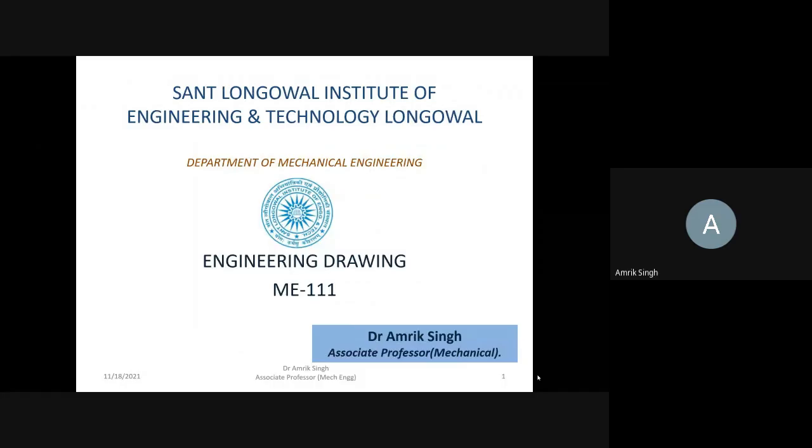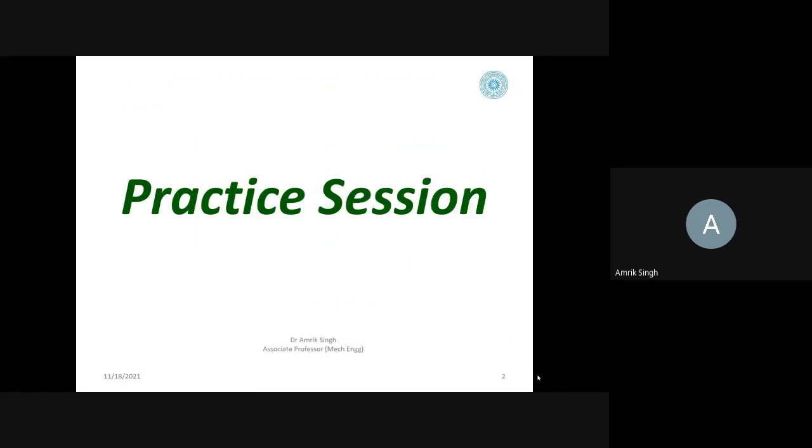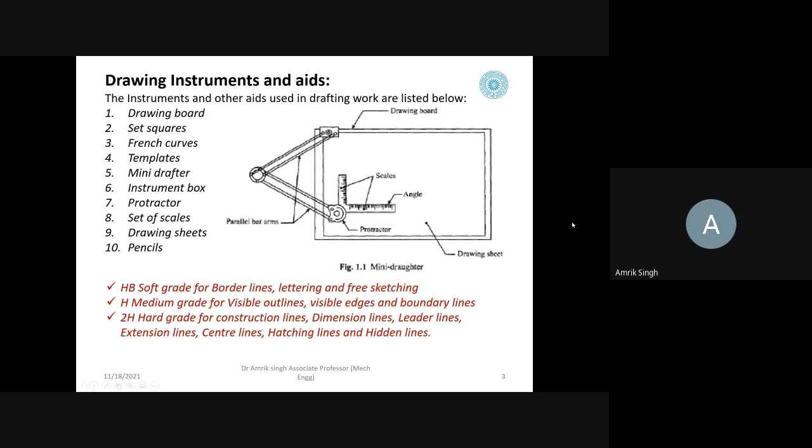Today we are having a practice session in engineering drawing. It is my request that you must have a copy and pencil with you so that you can see how things are drawn, and then you have to draw the things with the drawing instruments. First of all, you see this is a drawing board, or the table you are going to use in your home. In the drawing hall, we have this table which is of A0 size or A1 size or A2 size.